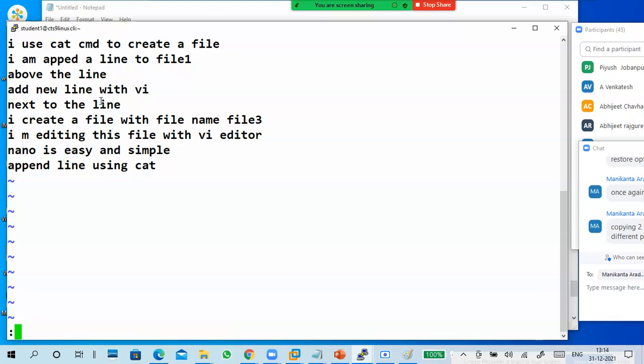Colon yes slash create slash. It says pattern not found because the cursor is already at the bottom.